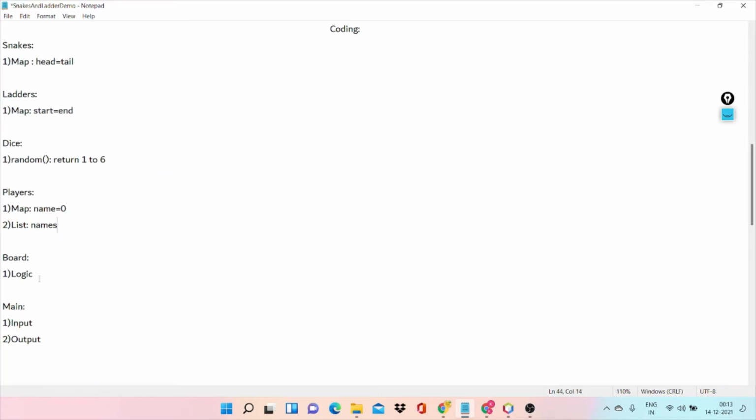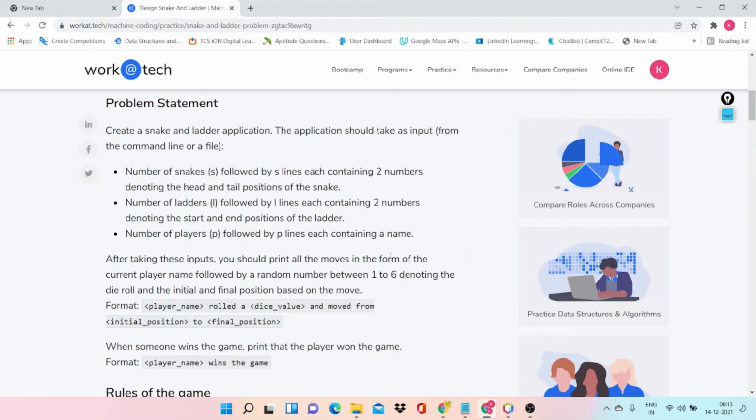And in the board class I keep the logic of the game, and in the main class I keep the input and output of the game. Let's look into the input format. Here they specified that we need to take the number of snakes along with the tail and head of the snake.